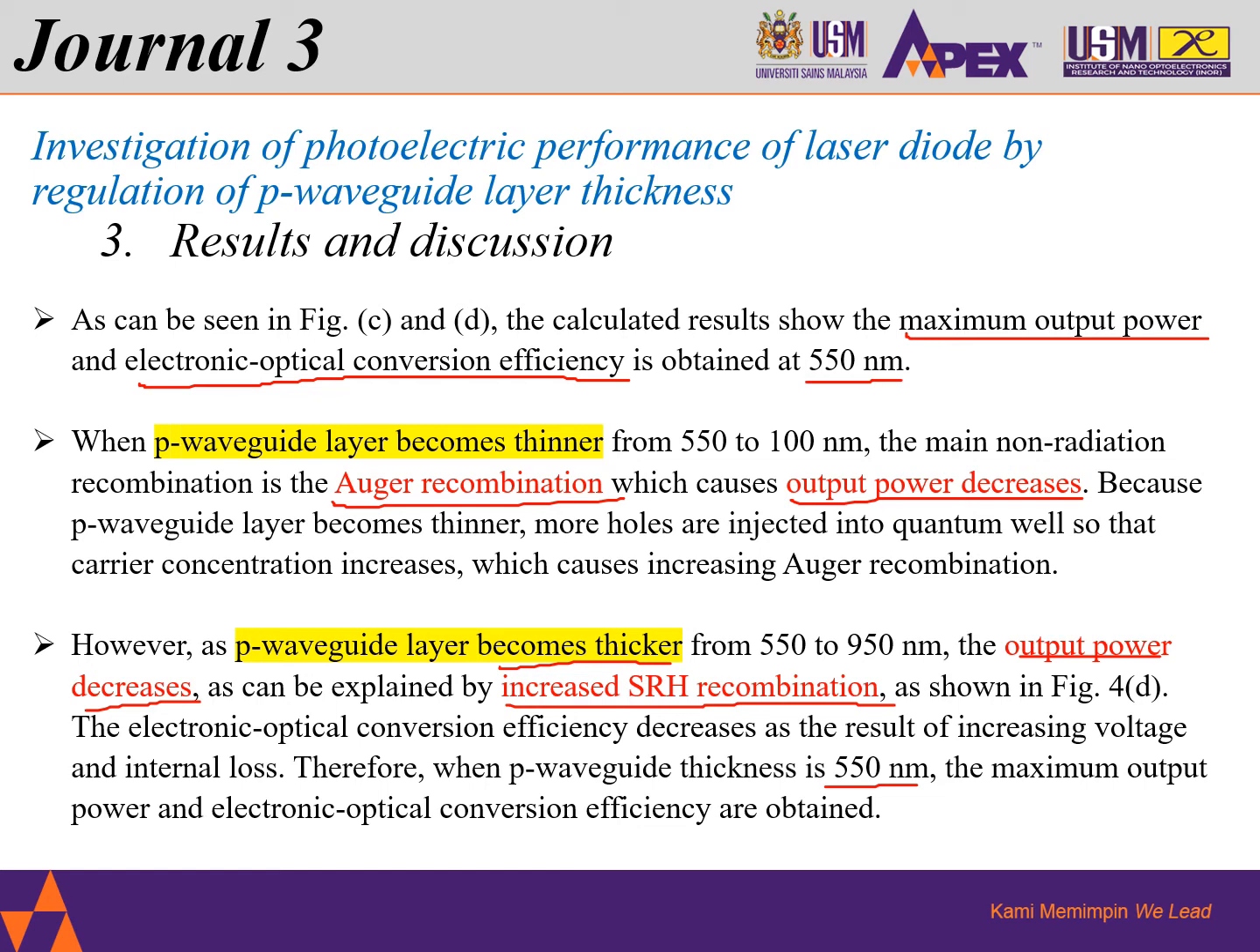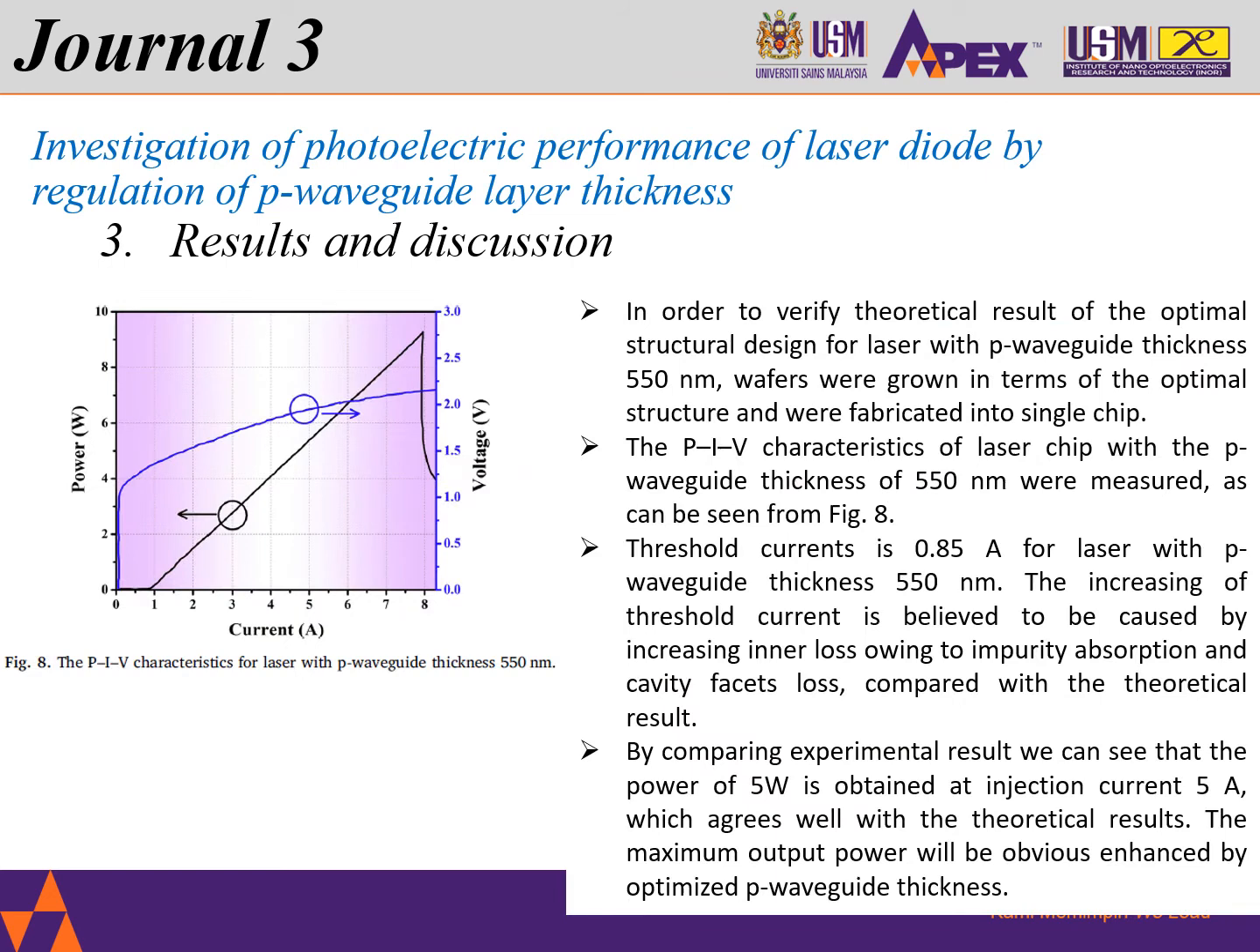As we know as well, the electro-optical conversion efficiency will decrease as a result of increasing voltage and internal loss. So the maximum output power and conversion efficiency can be obtained at 550 nanometers, from the result. Again, an experiment is set up to fabricate the 550 nanometer device